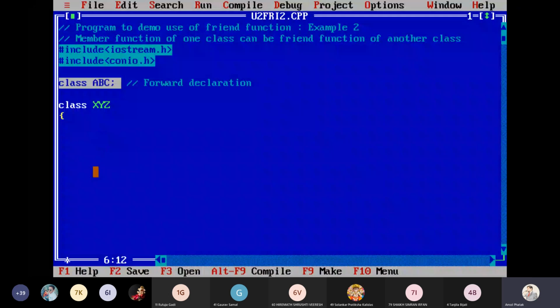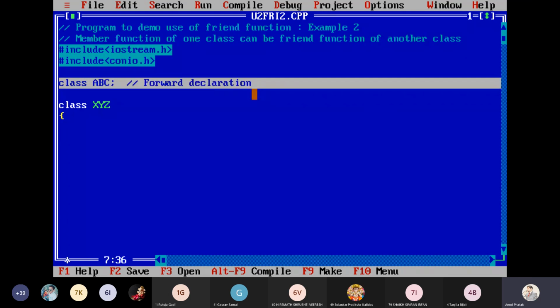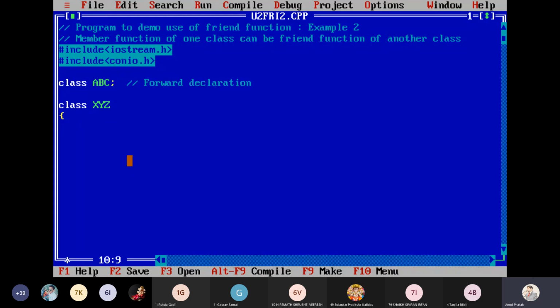Why give this? Because in the class XYZ, I'm making use of ABC. Okay, class ABC I'm using, but if it is not declared, then the compiler will not understand. So what is ABC? That's why we declare the name of the class by giving the semicolon. In a function prototype, we write the return type of the function, name of the function, arguments, I give the semicolon, and we call it the prototype of that function. So similarly, I'm making it a prototype of the class, because I'm going to use this ABC in the XYZ. So this is generally called forward declaration. Now in the XYZ, suppose I'm having one variable as integer X.